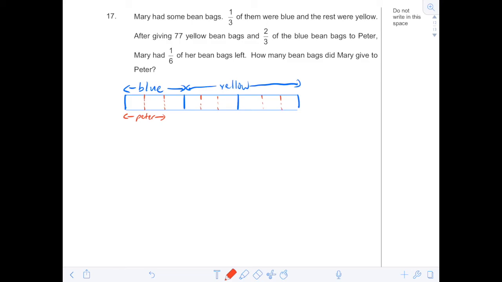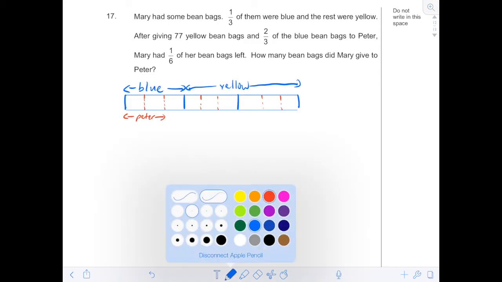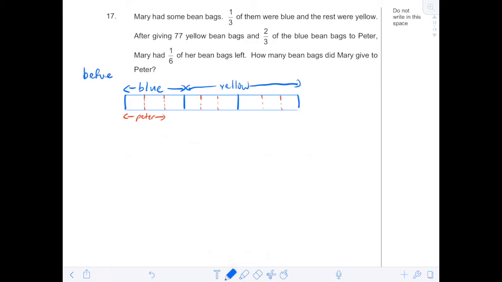And likewise, when you're splitting this, you have to split the rest equally as well to make it fair. Then we can see that this was 2/3 of the blue that was given to Peter. Mary also gave Peter 77 yellow bean bags. But the problem here is we don't know how many units 77 refers to. So we have to look at the next part. Mary had 1/6 of her bean bags left. So if this is the before model, there will be